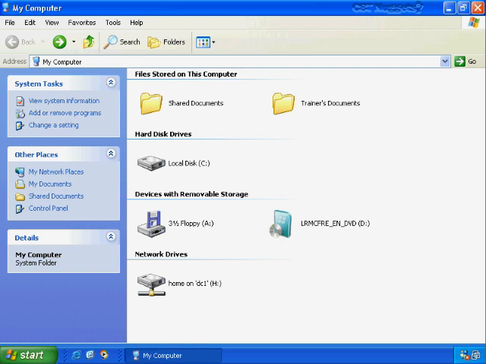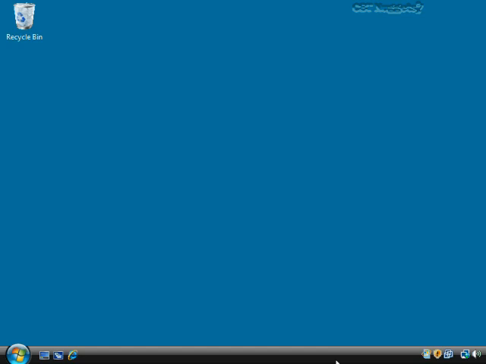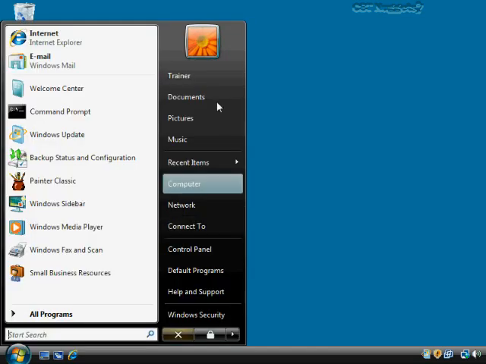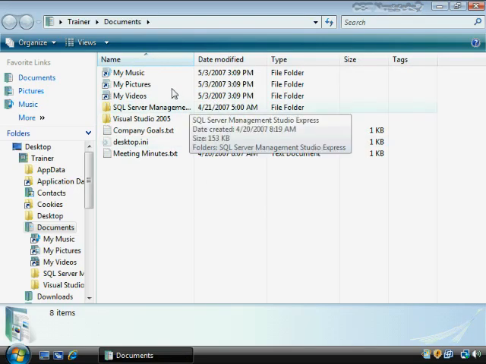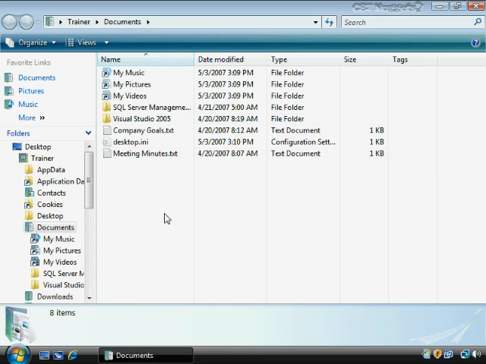But notice that when we switch over to Vista or to Windows 7, this is going to change. So now, when I go to Documents here, I can see certain items right there, but where am I really in the file system? It doesn't show up here, but if I just click up here, notice that it will convert this to the physical file location. So no longer is stuff stored in Documents and Settings, now it's stored under Users.